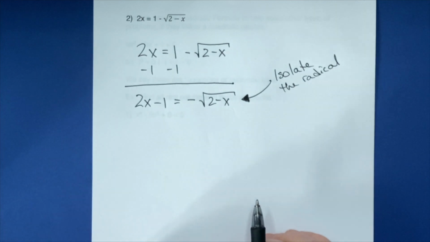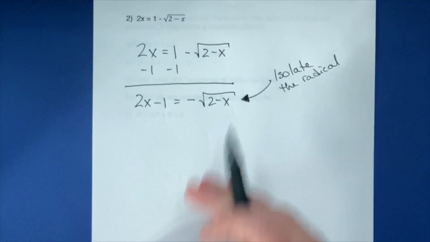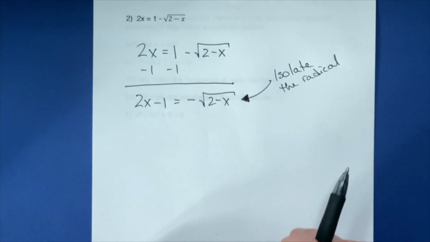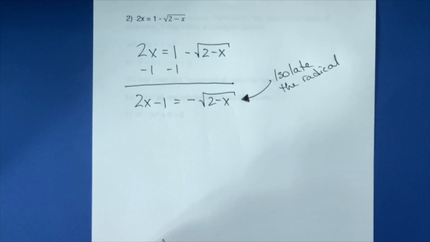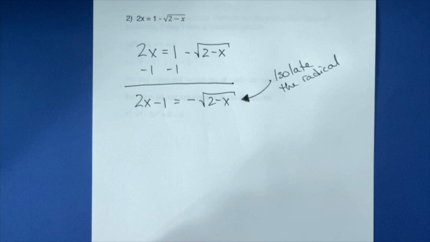Now, I will tell you that, you see this minus there. There's not much you can do about that. I know a lot of people would say, oh, we should move it over to the other side. You're welcome to. It will not actually change the outcome. So the solution will look a little bit different in the steps, but the actual answers we get will be the same. So you don't have to worry about that minus, except to notice that,